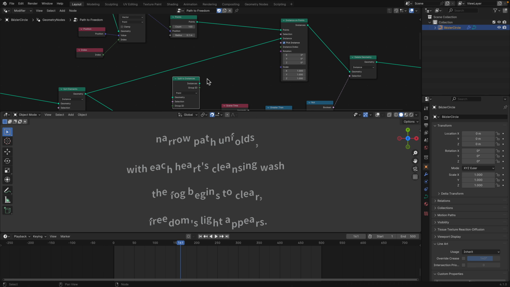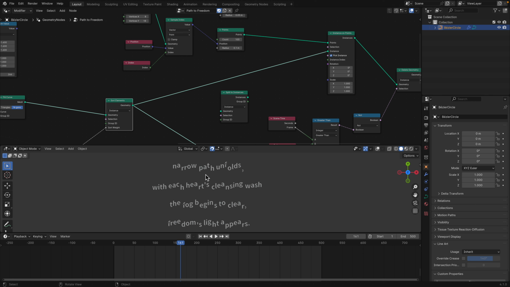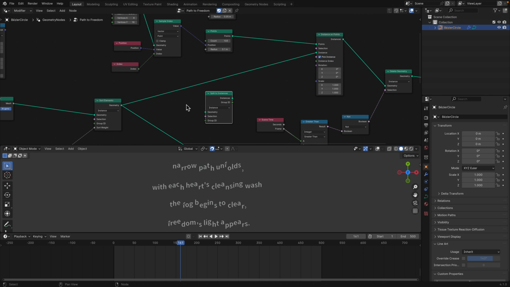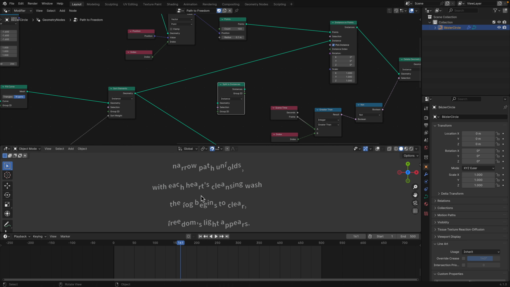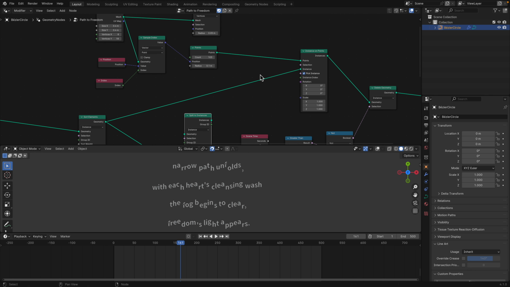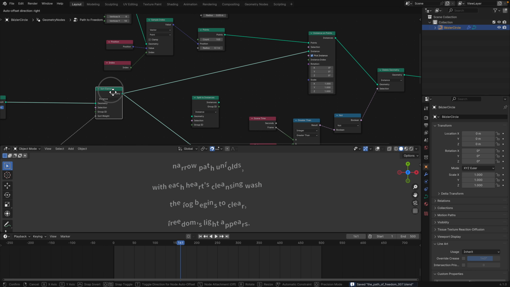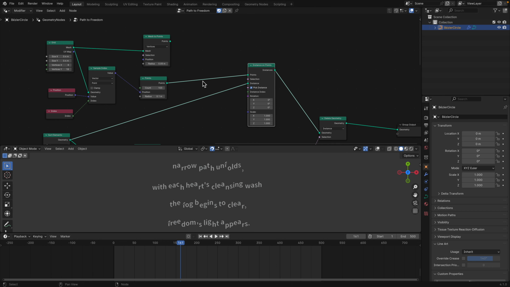This node is actually separating the instance. In this case, since the text object's character is already an instance, we don't need to split to instance. But just in case you have a mesh or something that you want to separate into instances and you want to do this kind of effect, you need to use the split to instance. You don't need to, but you can. In this case of text, it's already instance objects, and we can sort it, and then we can